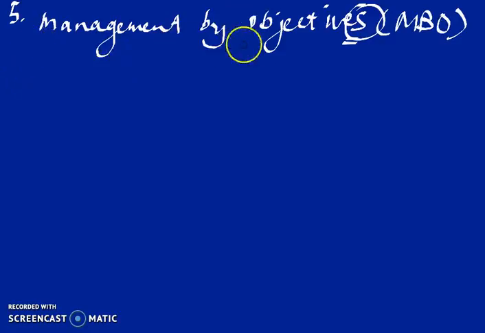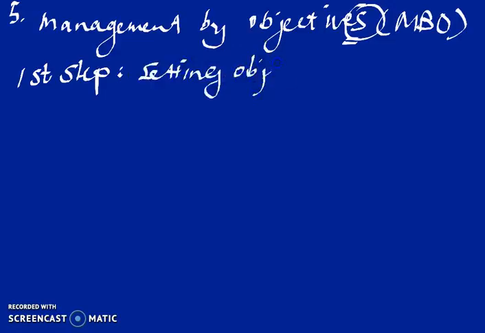And this acronym sounds very intimidating and professional, right? But don't worry, it's actually a very straightforward process that involves 4 steps. So, first step. Its name, MBO, suggests the first step is to set objectives. So setting objectives is the first goal, as the first stage. And we would approach it with a top-down approach to make sure that the company's objectives are aligned.